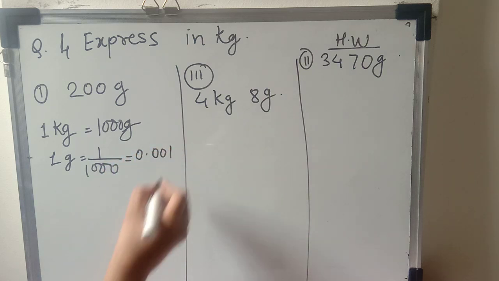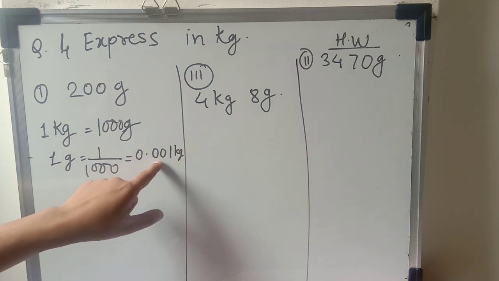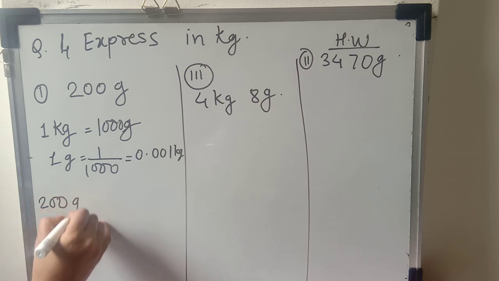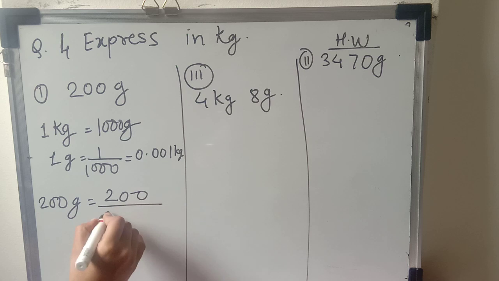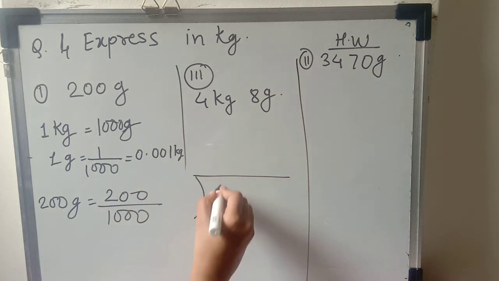0.001. Okay, that is the kg. 1 gram means how many kg? That is 0.001 kg. So here 200 grams means what we have to do is, this 200 we have to divide with the 1000. Okay, divide with the 1000, and here let's do the division of this number. So here 200